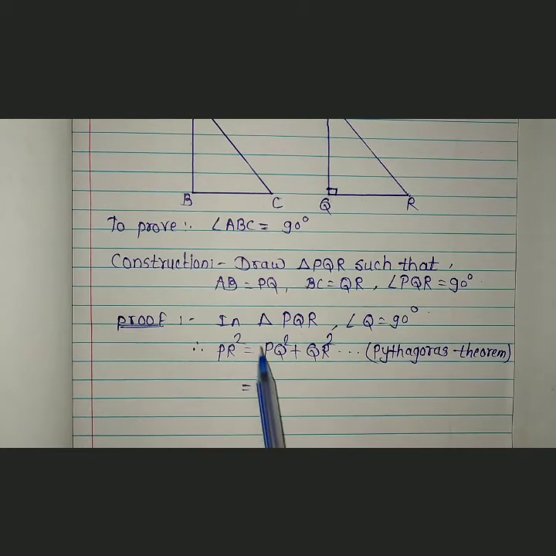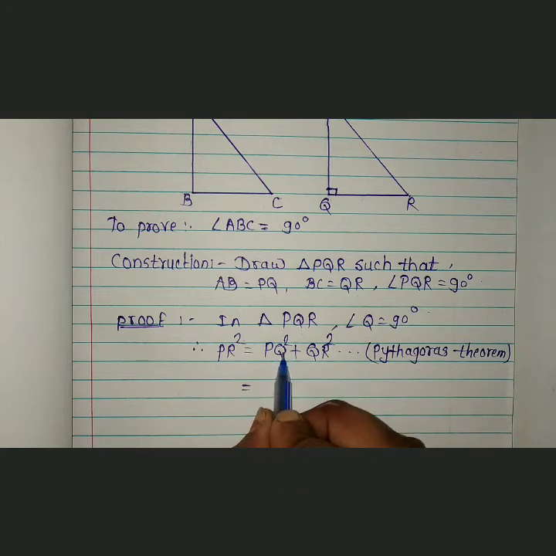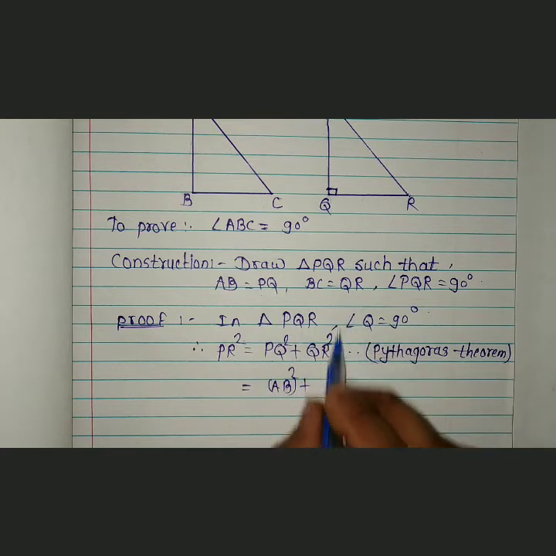Therefore, in triangle PQR, angle Q is equal to 90 degree. PR square is equal to PQ square plus QR square by using the Pythagoras theorem. But what is the construction? In construction, PQ is equal to AB and QR is equal to BC. Therefore, by substituting the value of PQ and QR, the value of PQ is AB. Therefore, AB square plus QR square,